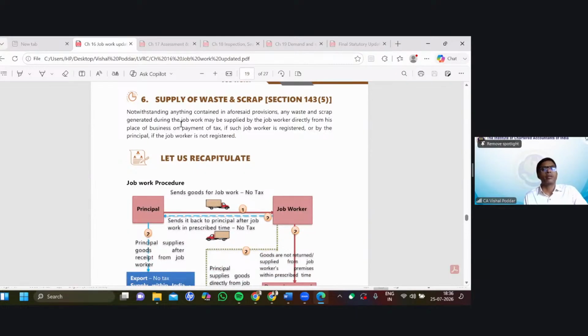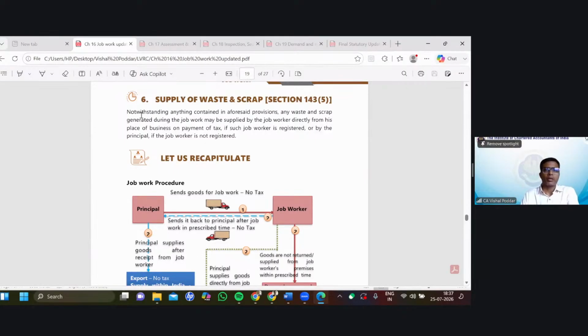Then comes the next point. What will be the treatment of waste? Now, practically, one possibility is waste can be returned by the job worker to the principal. However, many times this is not done because this is again unnecessarily spending on transportation, and anyways the item is waste, so it may not have that much value. So what is done practically many times is the principal asks the job worker to directly sell off the waste